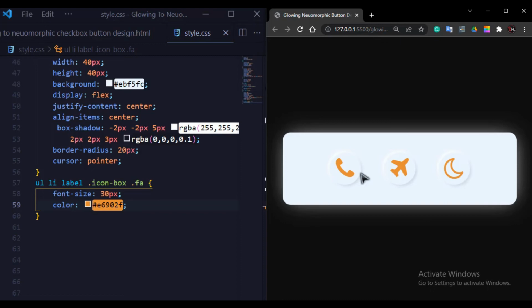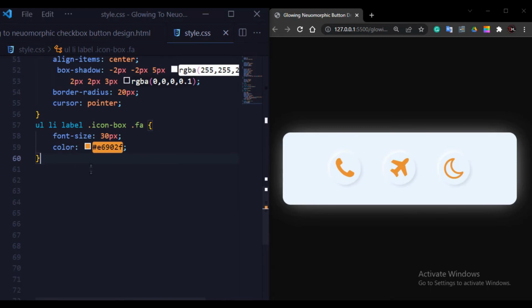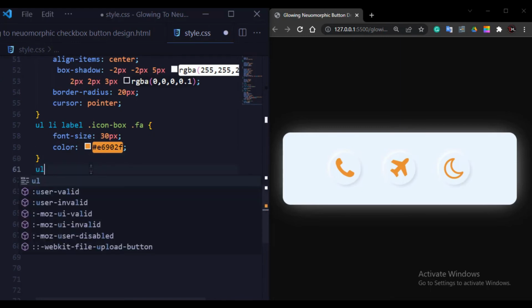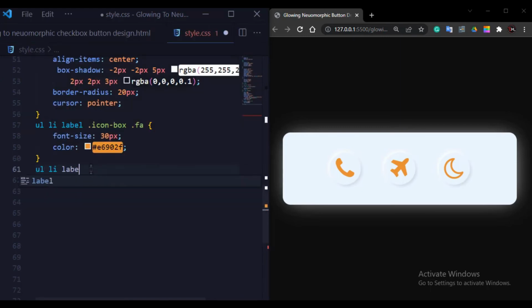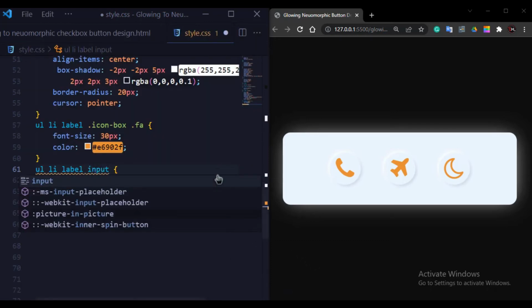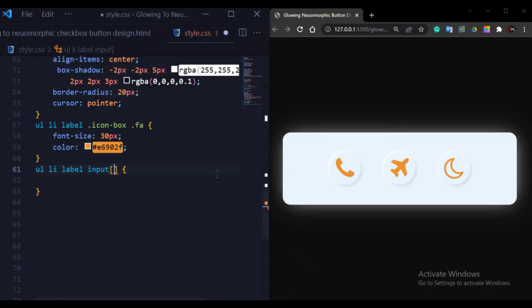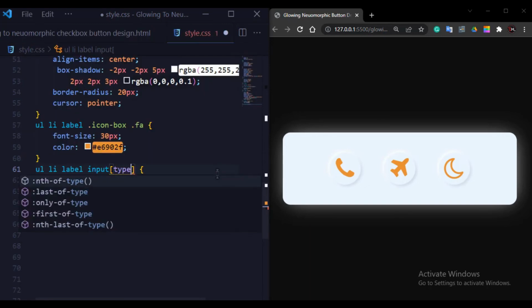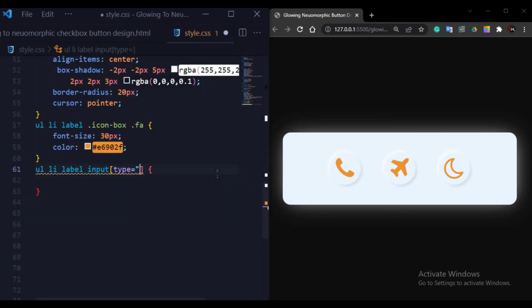Now I will add the main effect. So here I will write ul li label input, and in this I will write type checkbox.